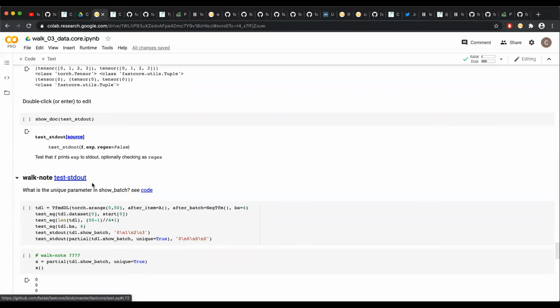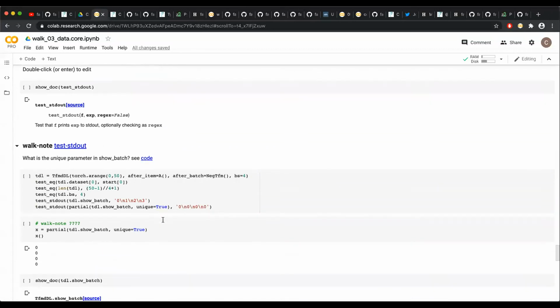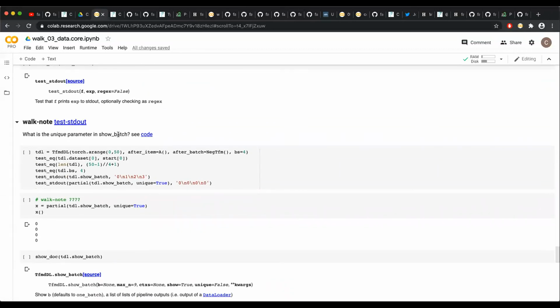There were just some more testing. They were testing just the standard out, which we already saw. Oh, I just have a question. If anybody knows what the unique parameter was in show batch, I couldn't figure out what this test was in